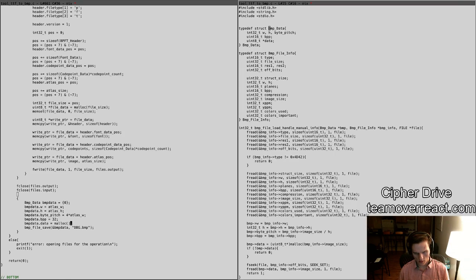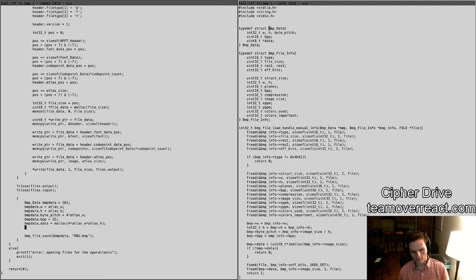Malloc 4 times atlas width times atlas height. Really, that should just be the byte pitch times atlas height, because if I want to adjust this, which I'll want to do, because there's a rule that basically the width times the height has to be a multiple of 4, I think. Man, I can't remember how that works exactly. But what I will do is for